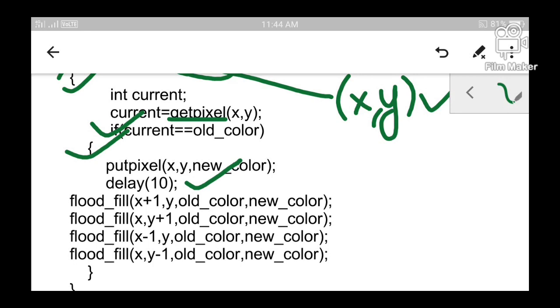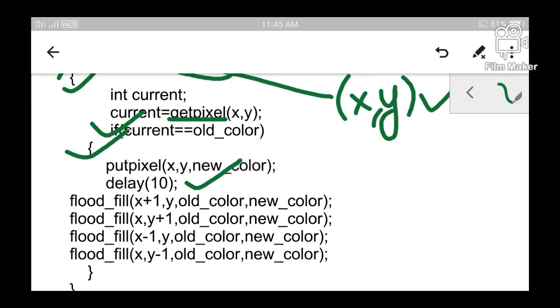The delay function is used to temporarily stop the execution. It allows you to view each iteration of your program. Since we are visualizing the output, it will be much better if you delay the iterations. You will be able to view each and every slight change made to your output.